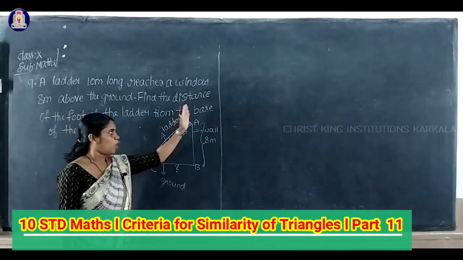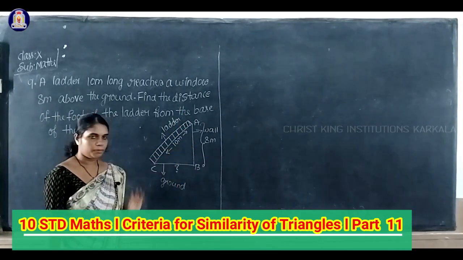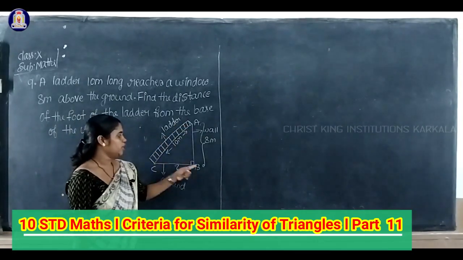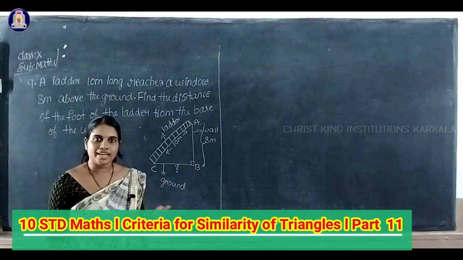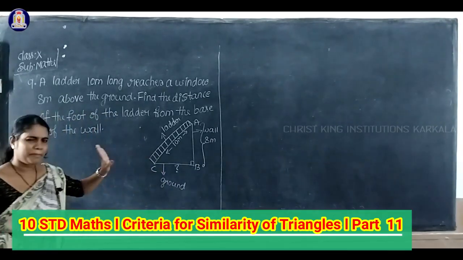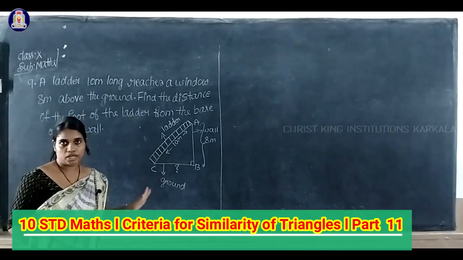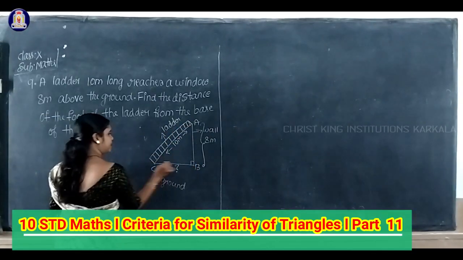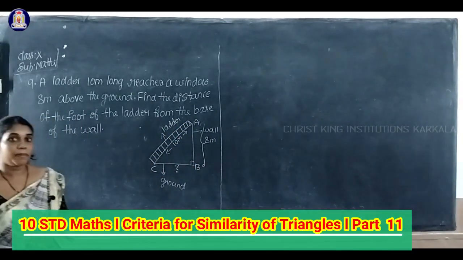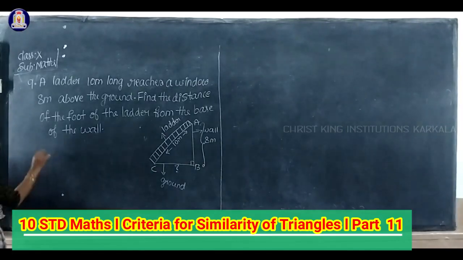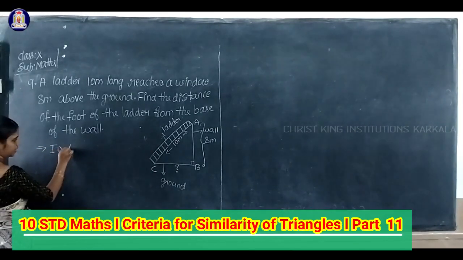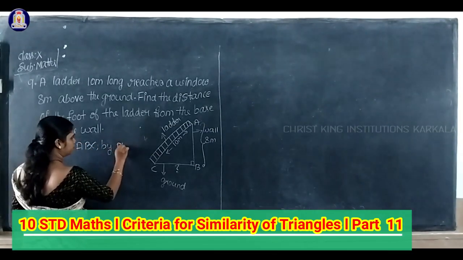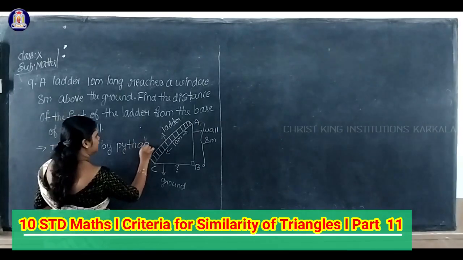Always the wall will be perpendicular to the base or ground, isn't it? So in this figure you can observe that ABC is a right angled triangle. This is a simple question, a 2 marks question, very important. So ABC is a right angled triangle, therefore I'll apply Pythagoras theorem to this triangle. Solution: in triangle ABC, by Pythagoras theorem,